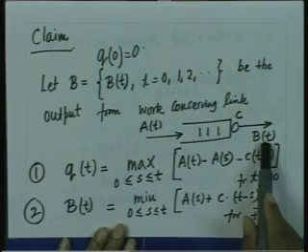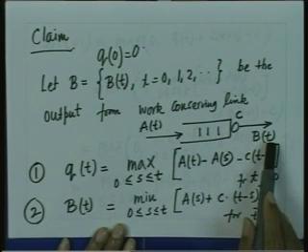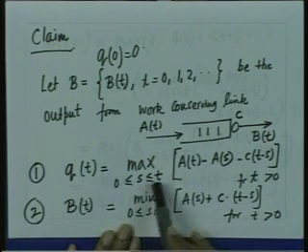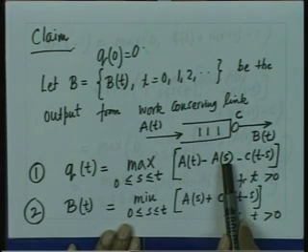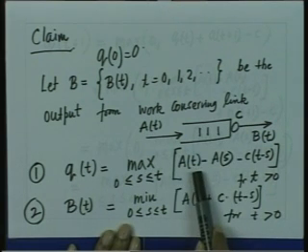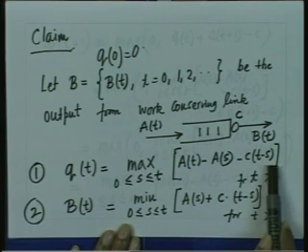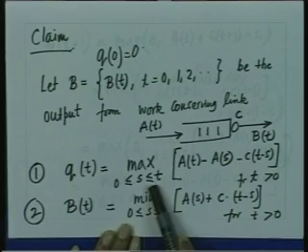So, with this we have proved the first claim, that is, for the deterministic queuing system, if a_t is the input and b_t is the departures, where a_t denotes the cumulative number of arrivals by the time t and b_t denotes the cumulative number of departures by the time t, then the queue length will evolve as the maximum of a_t minus a_s, where a_t is the number of arrivals by the time t and a_s is the number of arrivals by the time s, and a_t minus a_s therefore denotes the number of arrivals during the interval s to t, minus c(t minus s). We maximize it over the interval 0 to t.